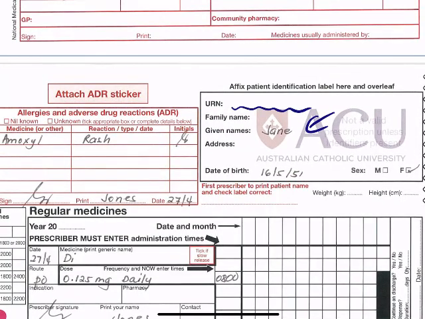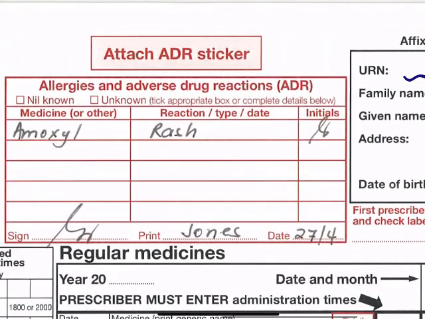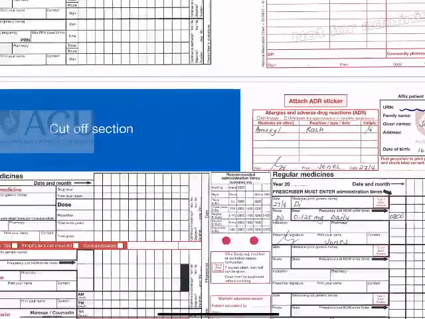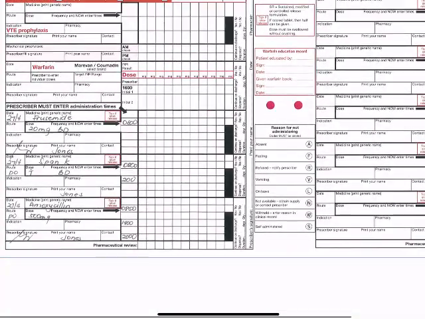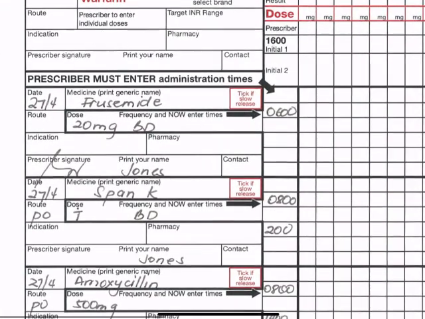If we go to the other section, we have an adverse drug reaction sticky here. We always need to take notice of that. Make sure we know what allergies the person may have. If we come down to the drugs area, you can see that if we start with furosemide, you check all